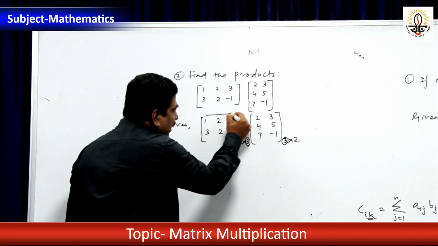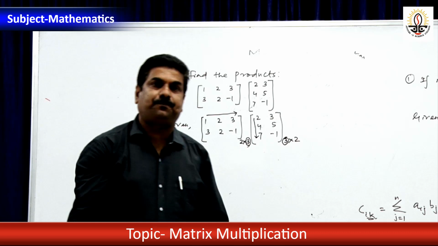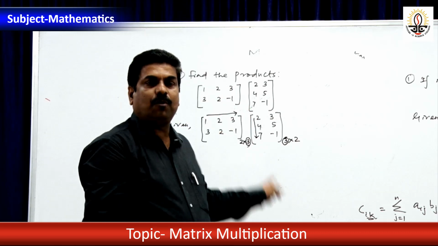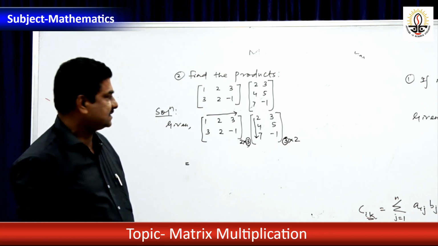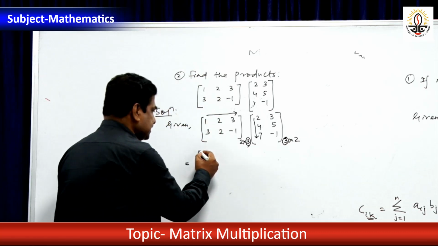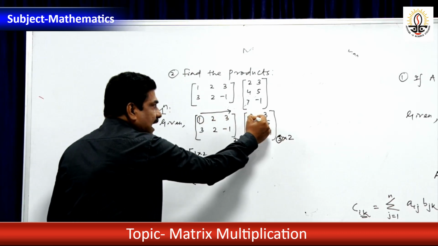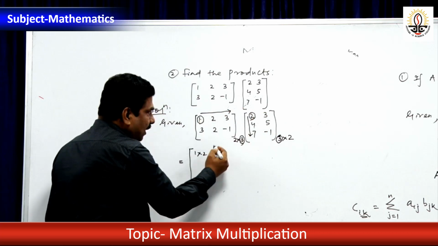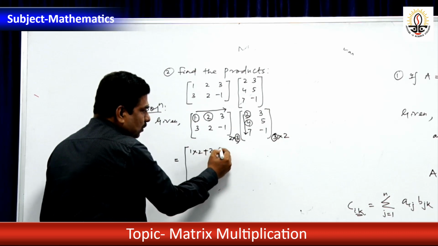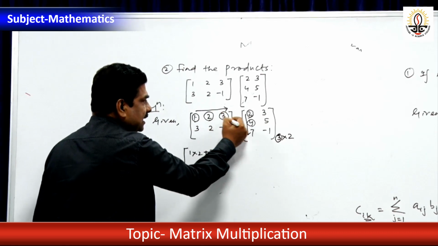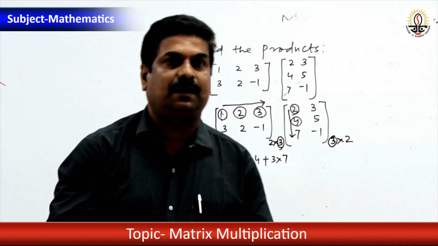So here you mark an arrow mark here and this one with the arrow mark. We have to find the sum of the product of the ith row of matrix A with the kth column of the matrix B. Therefore here you can write this as 1 into 2. First you can write this as 1 and this one be 2. 1 into 2 plus second case is 2 into 4, dear, plus third one is 3 into 7. So we completed the first row and first column element.